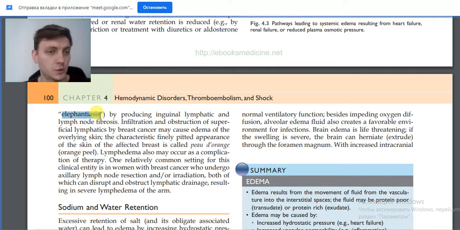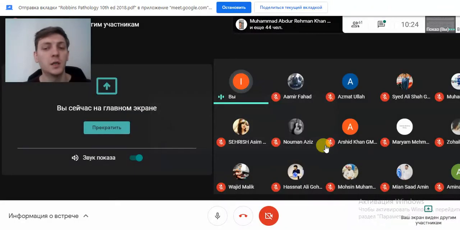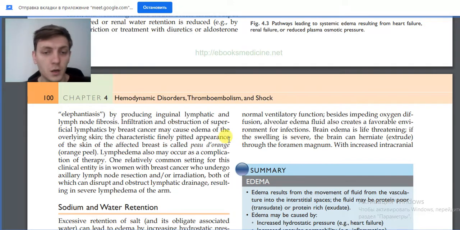Because as I know, in tropical countries as Pakistan is, you can find this filariasis disease, and this parasitic infection can occupy the lymphatic vessels, and due to this lymphatic vessel obstruction, it causes the edema there. Okay,